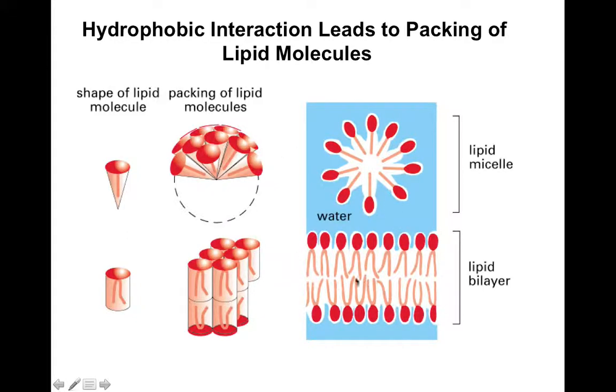What happens in the lipid bilayer, where the chains are double chains, so you have two chains here, is that the shape is kind of cylindrical, so they pack together to form a lipid bilayer and not a sphere like